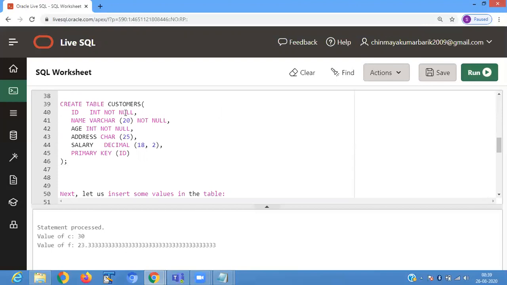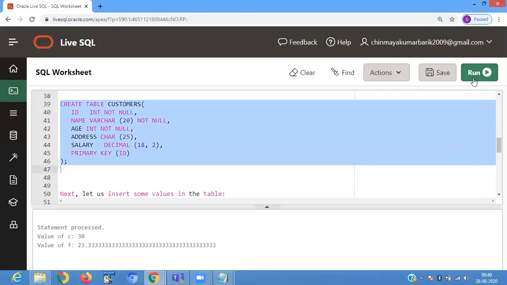We are creating a table customer with ID, name, age, address, and salary.